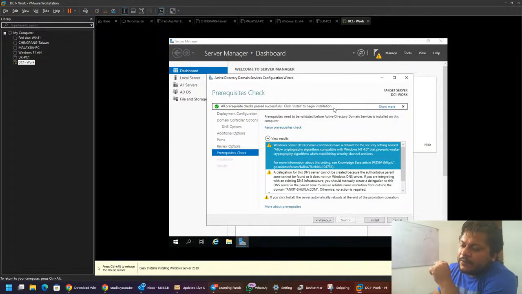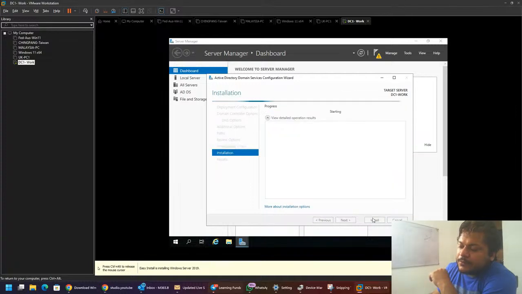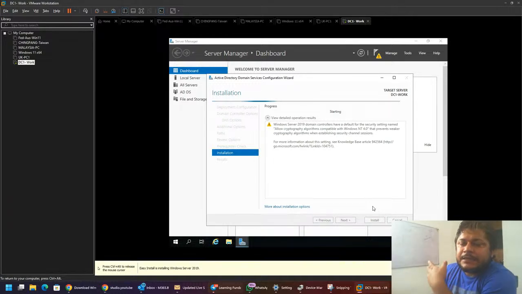Do you remember when we were adding the Active Directory Domain Services role, we selected the option to restart the destination server if required. So once this server is promoted to a domain controller, and has the Active Directory role on it, once the installation is completed, it will automatically restart. This can take around 2 to 3 minutes.